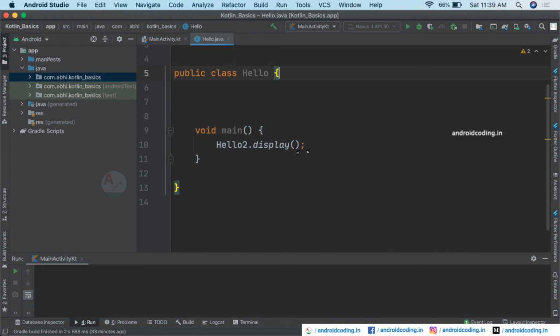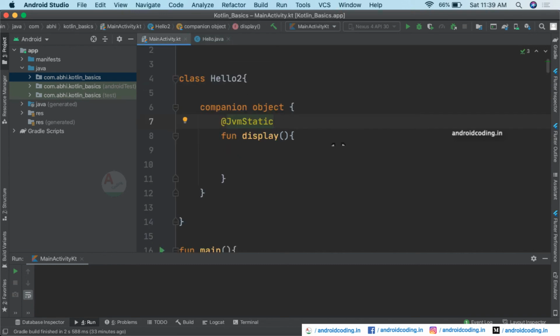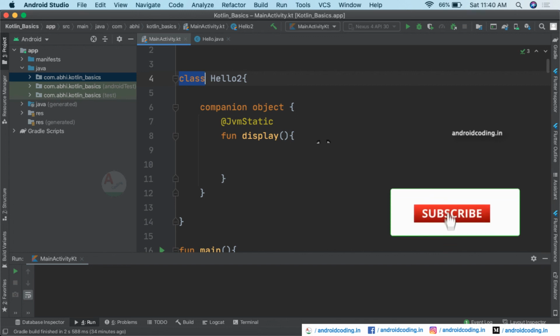In our previous tutorial we saw the object keyword, and now we are looking at companion object in Kotlin. The major difference is that by using the object keyword we are creating a singleton class. Instead of class we have provided object, but now we are trying to make static methods using companion object here. I hope this will clear your doubts, and if you have not gone through our previous tutorial on object, I am providing the link in the description section below.